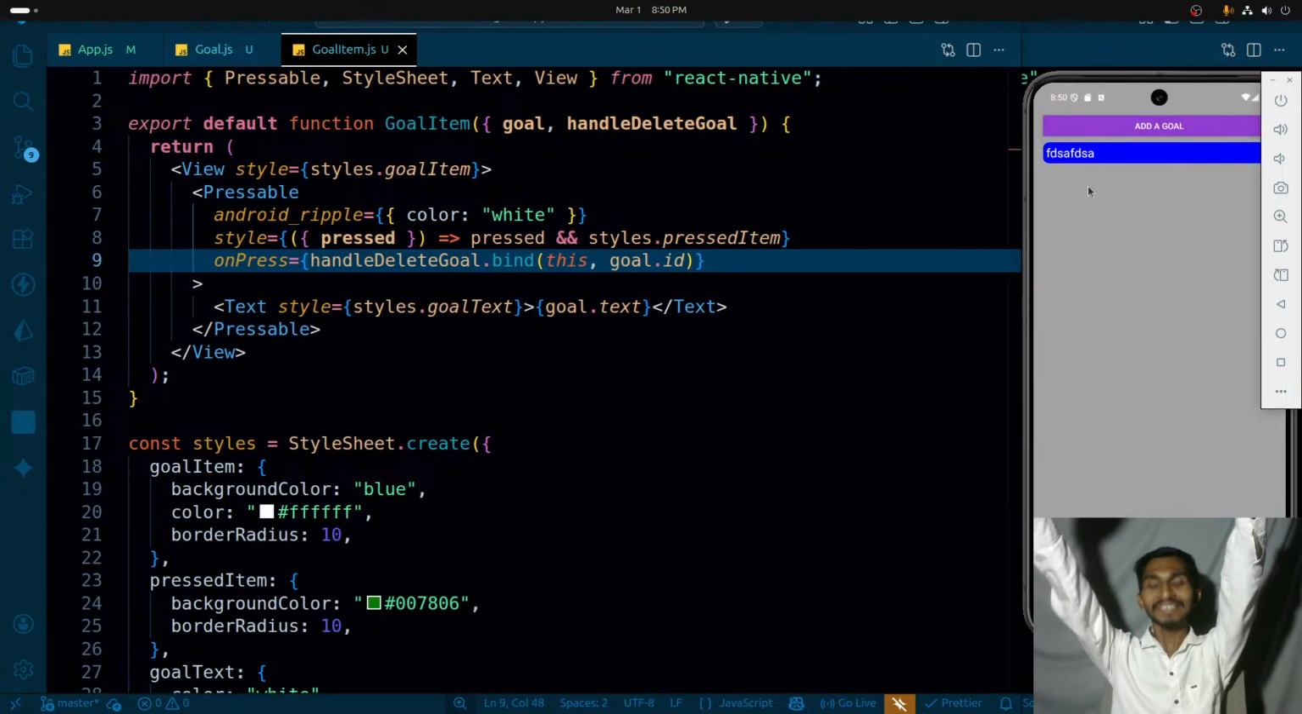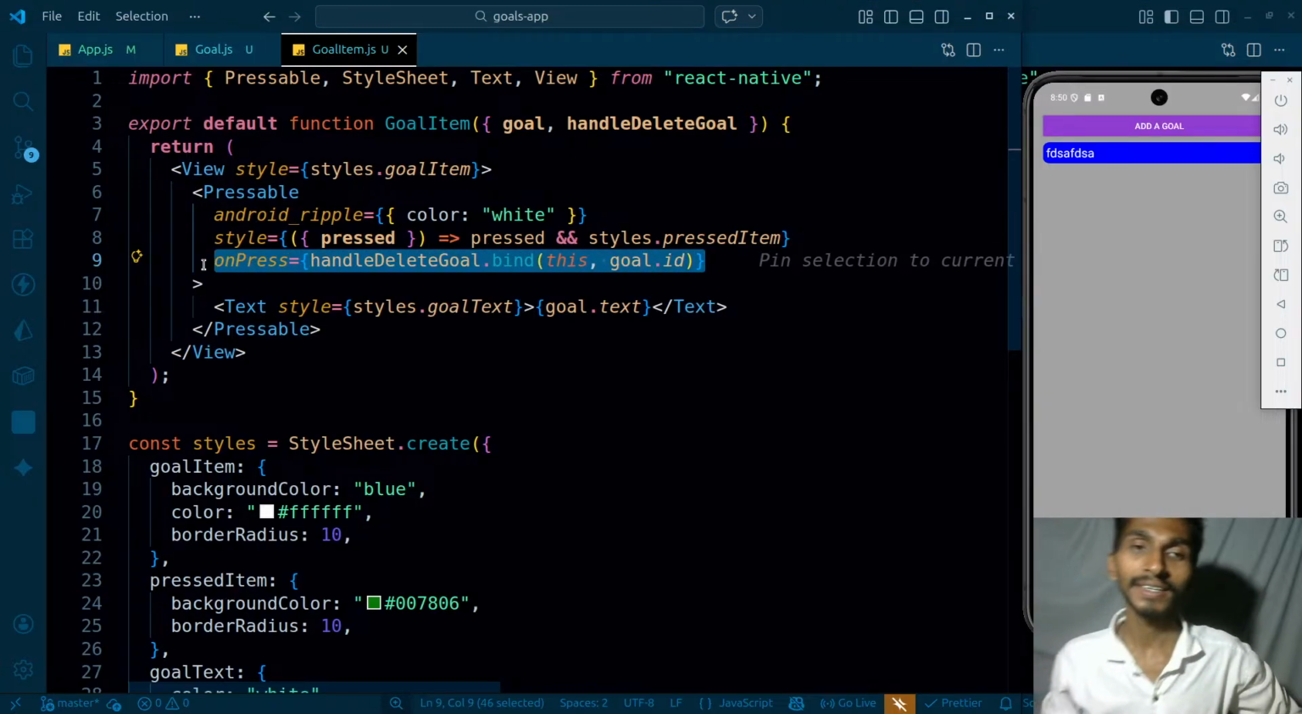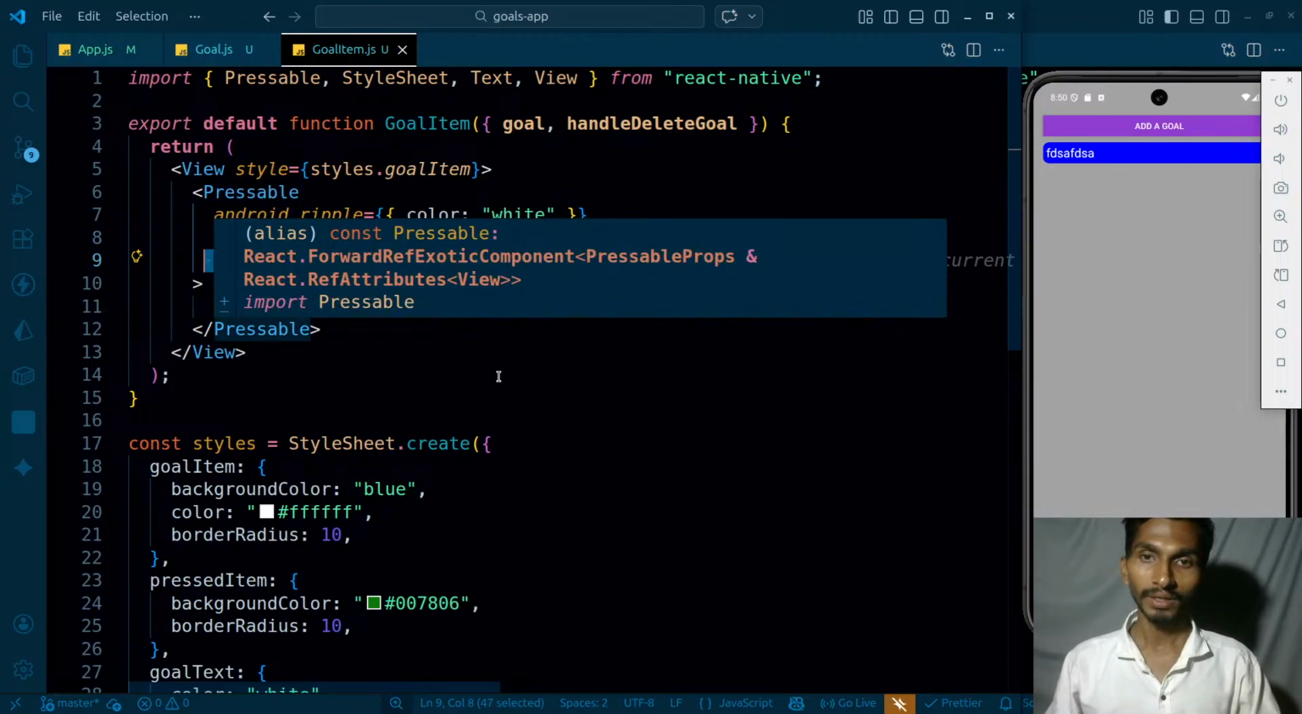Whoa, one thing I missed, that is onPress. If you don't have this particular property onPress, then it doesn't matter how many styles you add here, nothing's gonna be working. So that was the main issue with this, and as soon as I added this over here, onPress, it started working. But in case,